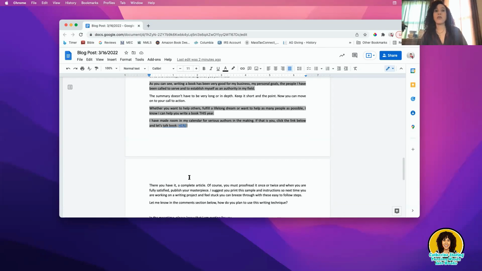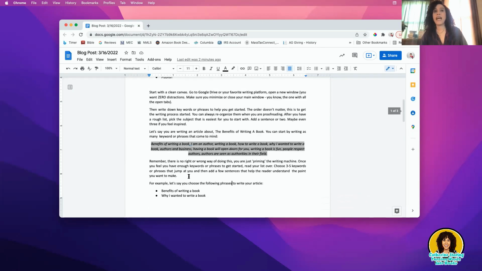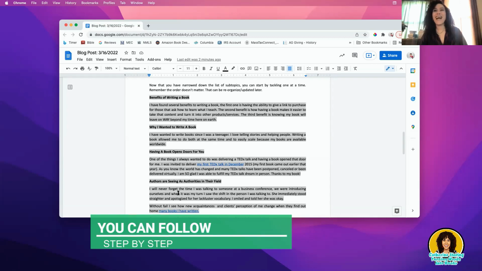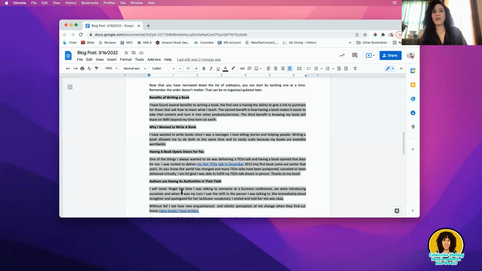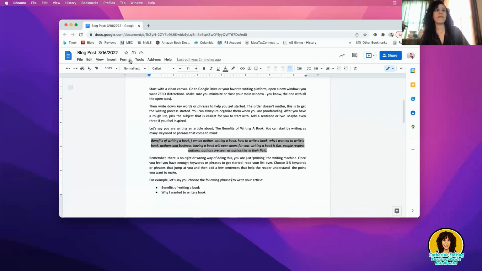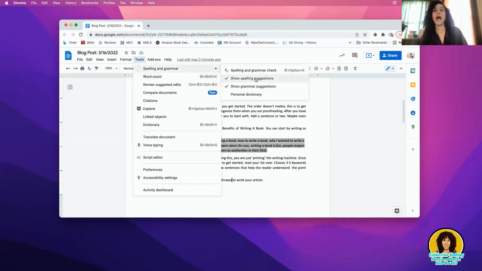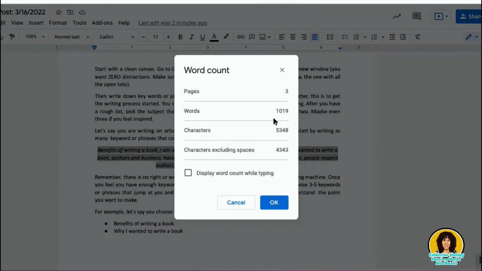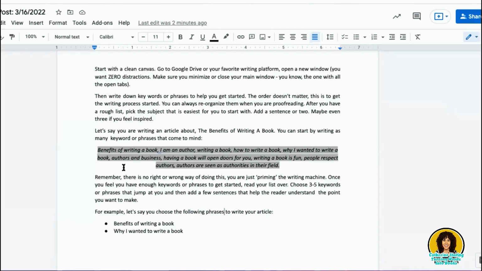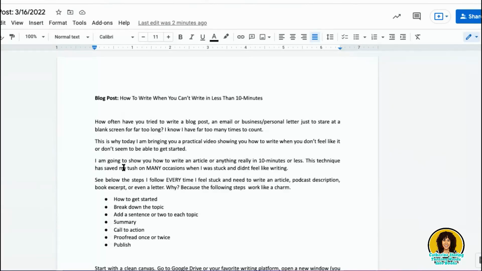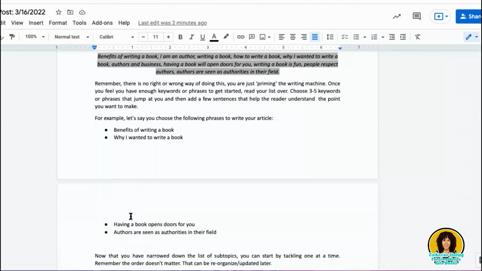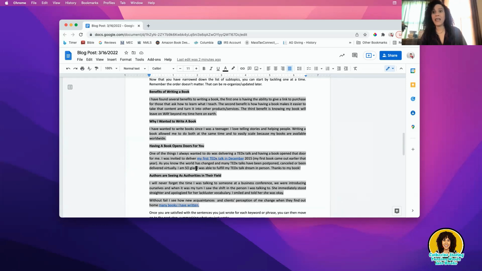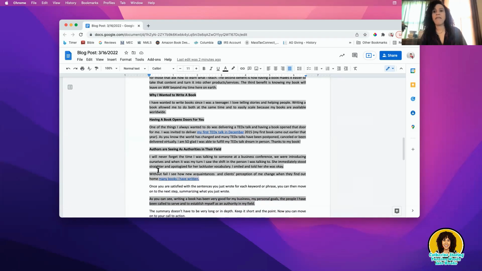Now, what I'm gonna suggest that you do is that you print this, because it has the instructions, it has a sample for you that you can follow step by step that will help you write whenever you're stuck. This process can go really, really fast. And if we look at the tools here, the word count for this is 1,000 words, okay? That did not take me very long at all. Of course, granted, I went back and I made this pretty, I made this a list, and I added a couple of hyperlinks. But other than that, it didn't take me very long to write this by following this process.